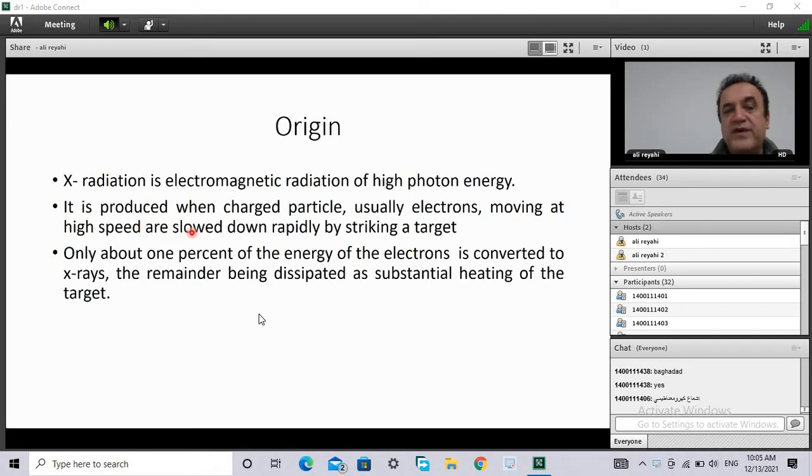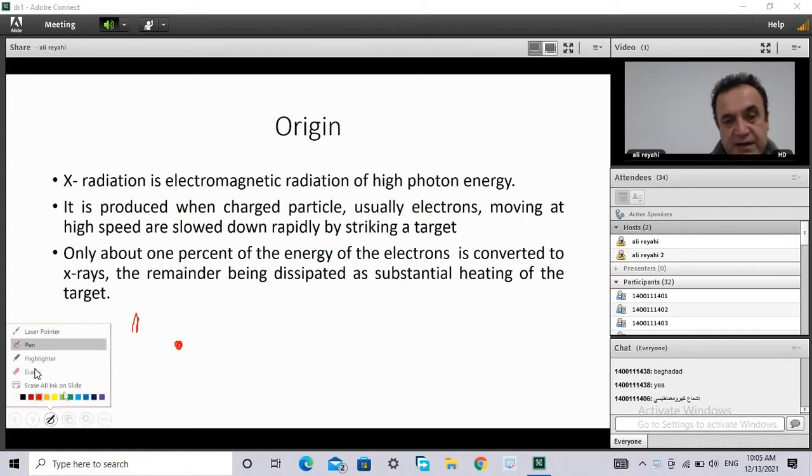Electrons moving at high speed are slowed down rapidly by striking a target. So, suppose we have an electron, and when we apply a voltage, for example, we have to, sorry,